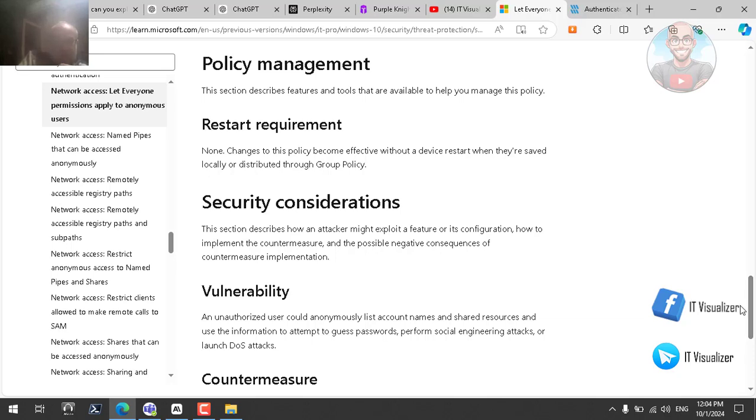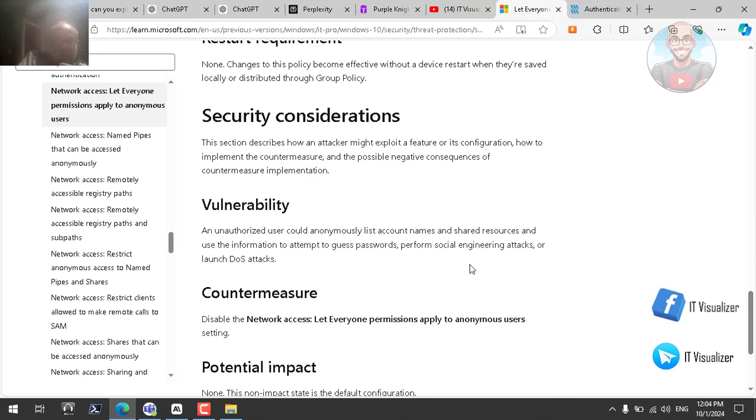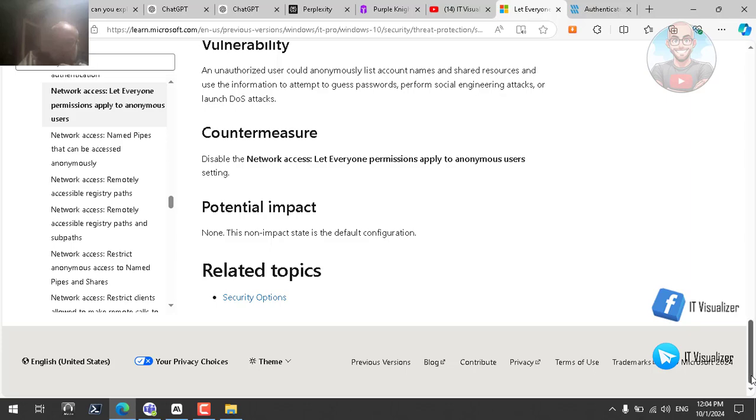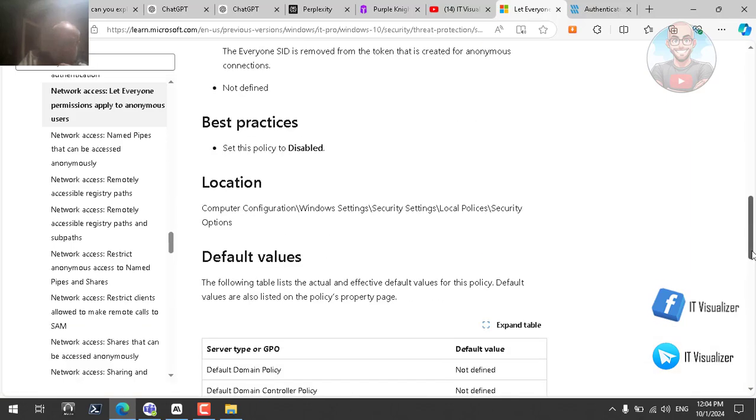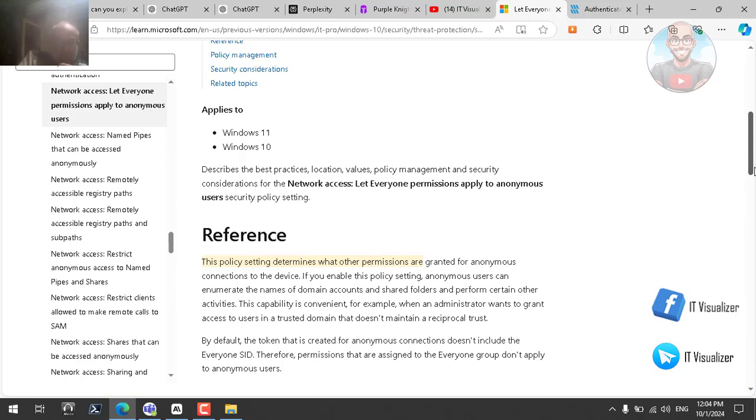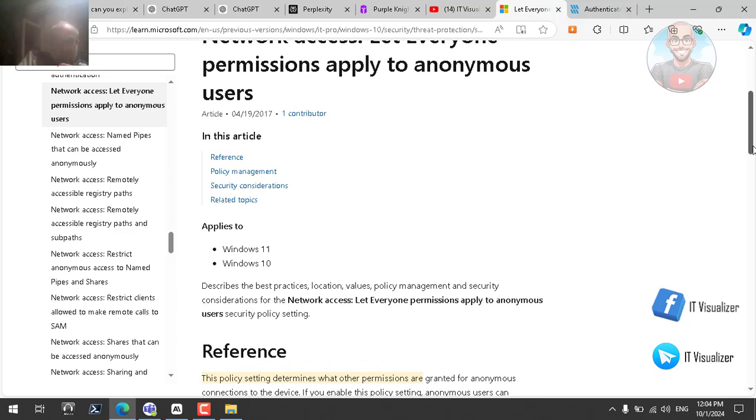Vulnerability: unauthorized users can list accounts and share resources and use the information to attempt to guess passwords, perform social engineering attacks, or launch DoS attacks. So this is how we can close this feature. It is disabled by default, but maybe for some reason it is enabled. So we need to check this